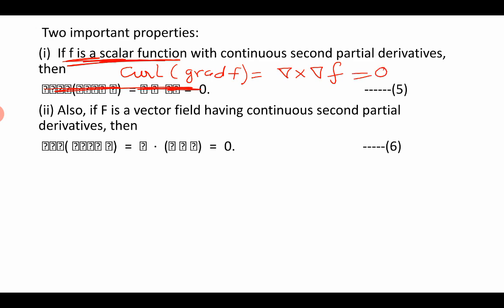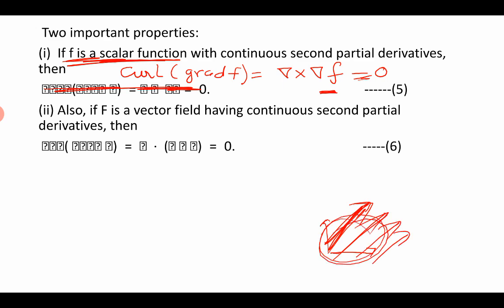So actually, what is the gradient? Gradient is the direction of maximum change. So in the direction of maximum change, the total flow will be moving. If the i vector is moving in this direction, the j vector flow will be in this direction. This will be the direction of maximum change. So if all vector components move in this way, it will not have rotation. That's why the rotation, that is the curl of the gradient, is 0.